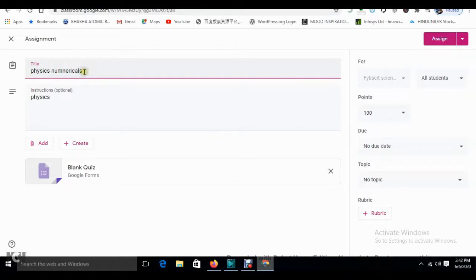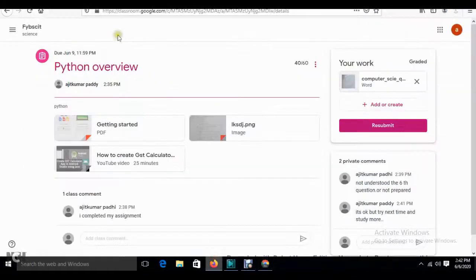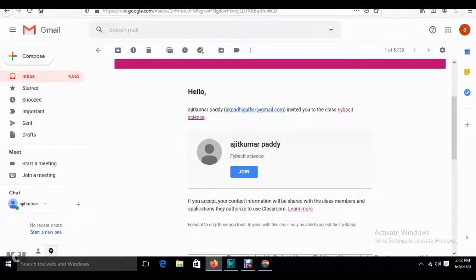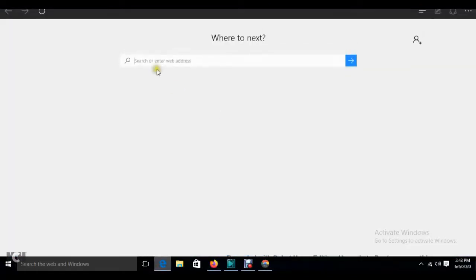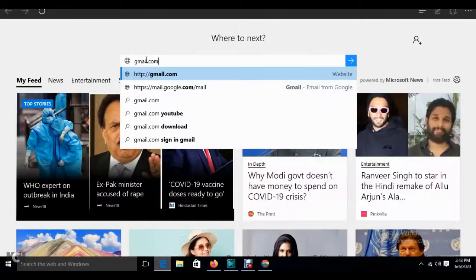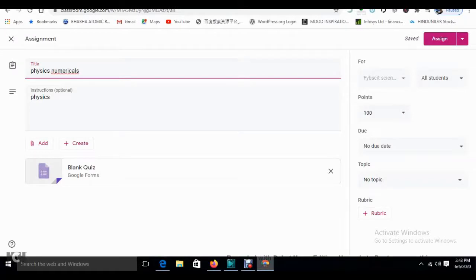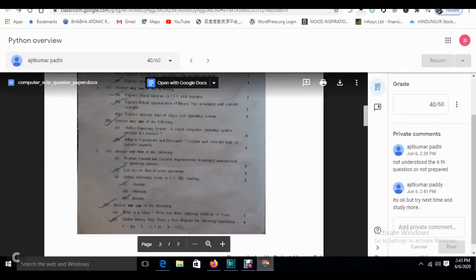Then again I will see that, for multiple also I will show you, but I need to log in with another account, so we'll try with this. See over here, the other student I want to add, I have added at that time.